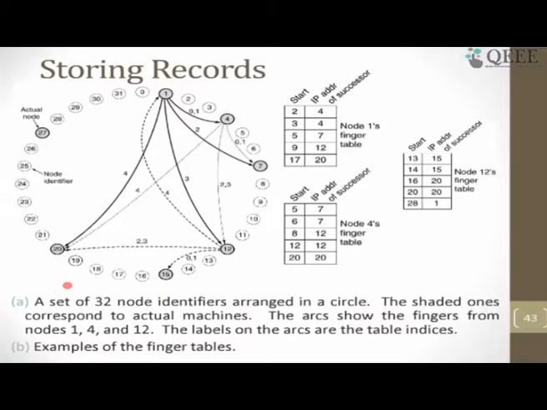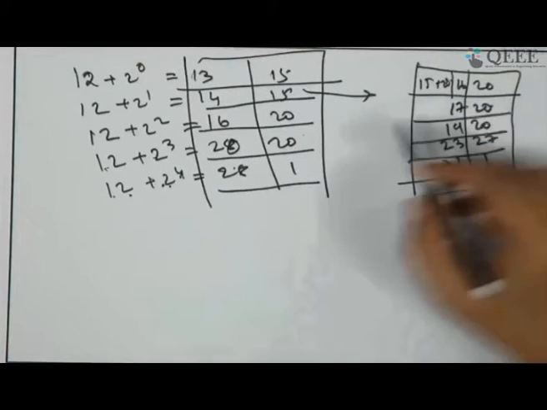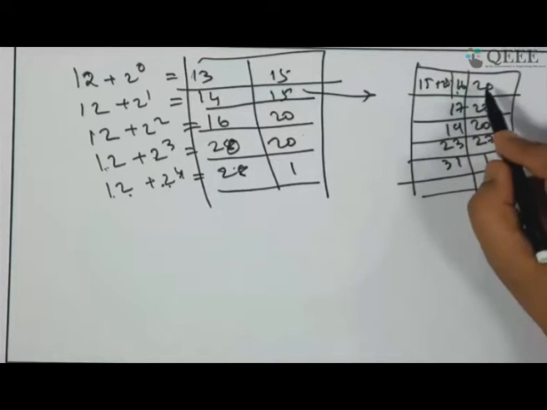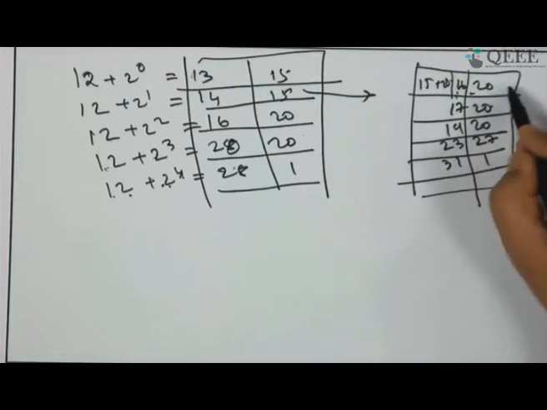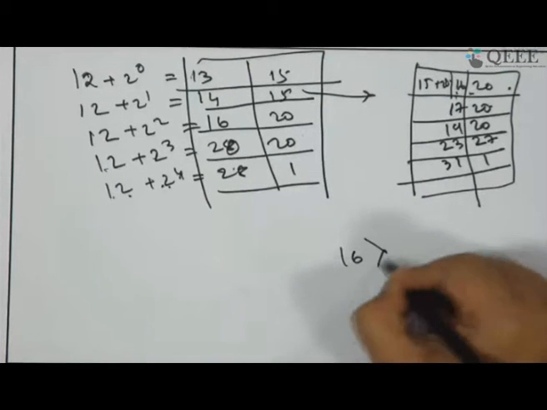Then 17 is 20. 15 plus 4 is 19, which is still 20. 15 plus 8 is 23, that is 27, and 15 plus 16 is 31 and that is 1. Now 15's successor is greater than 16, so 16 would be in